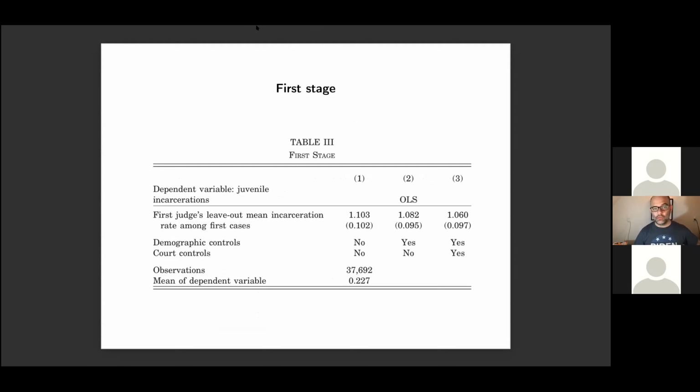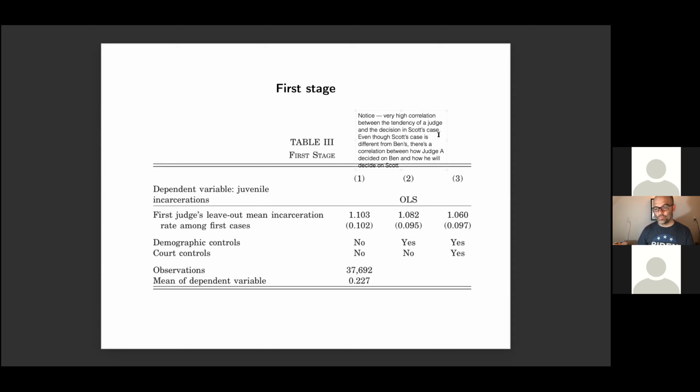High correlation. The thing I really want to emphasize here is notice very high correlation between the tendency of a judge and the decision in Scott's case, right? Even though Scott's case is different from Ben's, there's a correlation between how Judge A decided on Ben and how he will decide